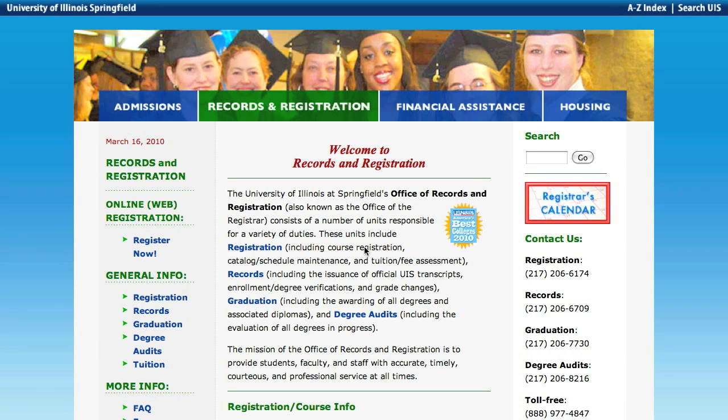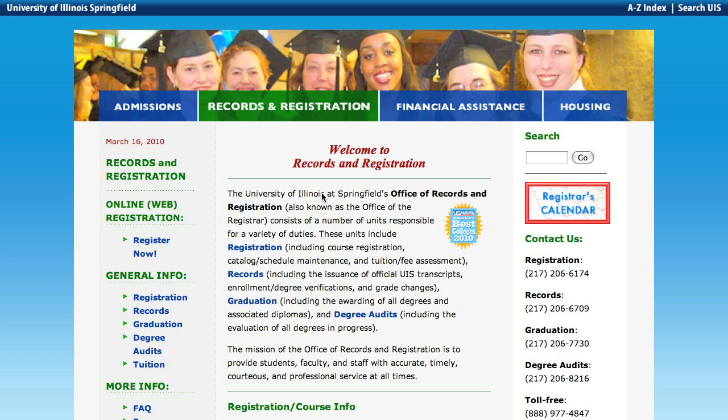The DARS report is a degree audit tool that you can use to track your progress towards graduation. It's an excellent tool, but it can be a challenge to read, so what I want to do is go through a DARS report and show you what I look at when I'm reviewing a student's progress. I won't look at everything, so I really want to focus in on the parts that I think are most useful to you. To start with, though, I want to make sure that you know how to run a DARS